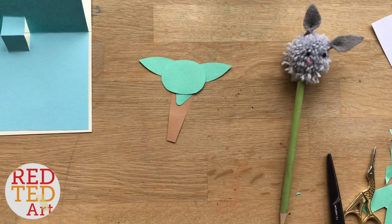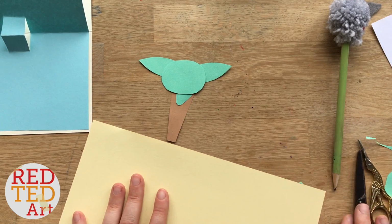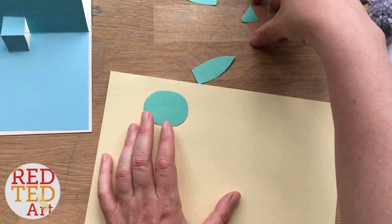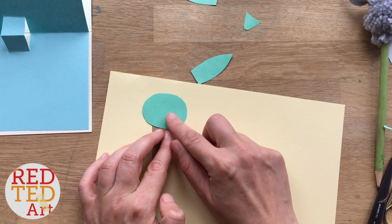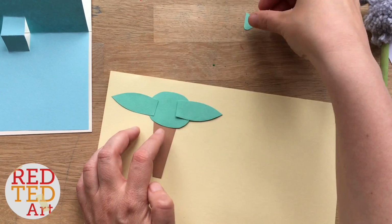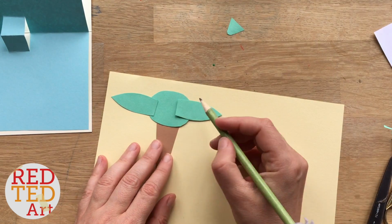So cute. And next we need a sort of beigey colour. So I'm going to put my piece of paper in place, place all my Yoda items on top, because that just helps me draw. It doesn't have to be exact. Well, that's okay. Now I'm going to draw